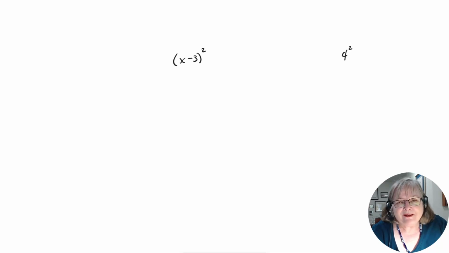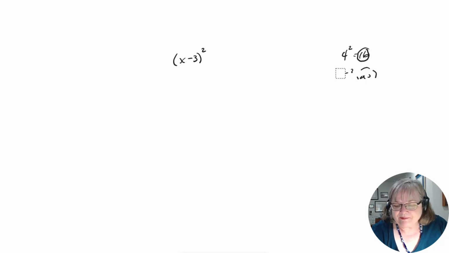4 squared. So 4 squared is 16, so this is a perfect square, right? If you had done 5 squared, just in case the 4 is kind of confusing, this would be 25. This would be a perfect square as opposed to 50, which has a square in it, but is it a